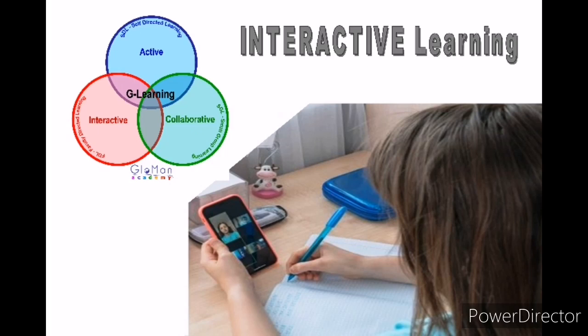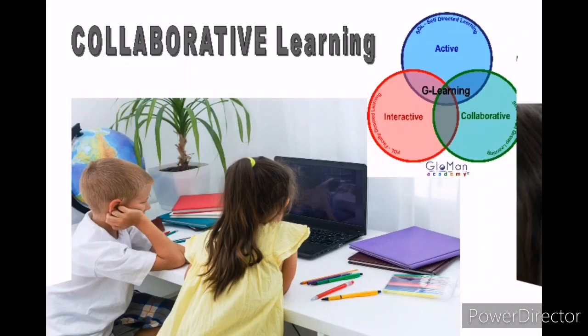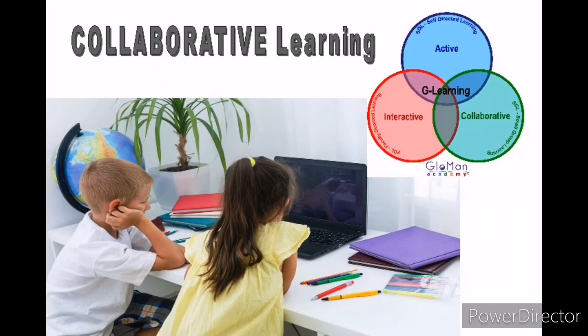Interactive sessions generally happen in a classroom environment, but because of the COVID situation, this interactive session is conducted virtually using online and telephone, mobile phone, laptops, tablets, etc.